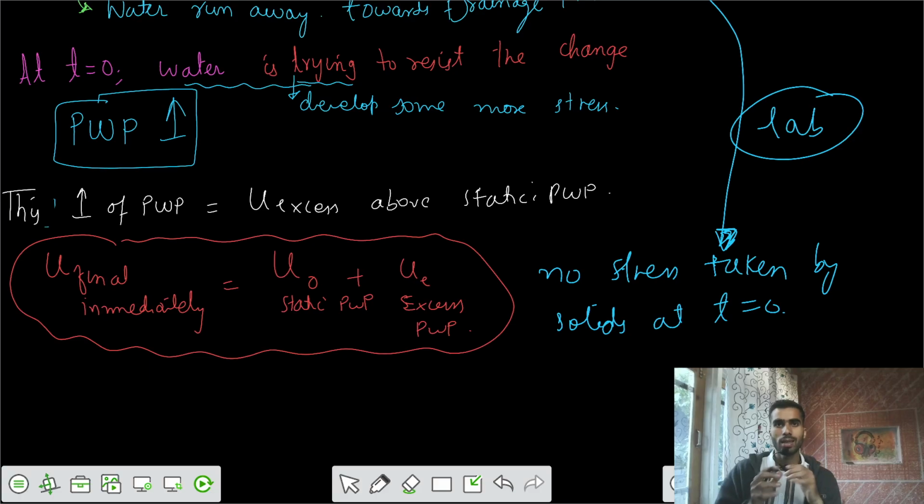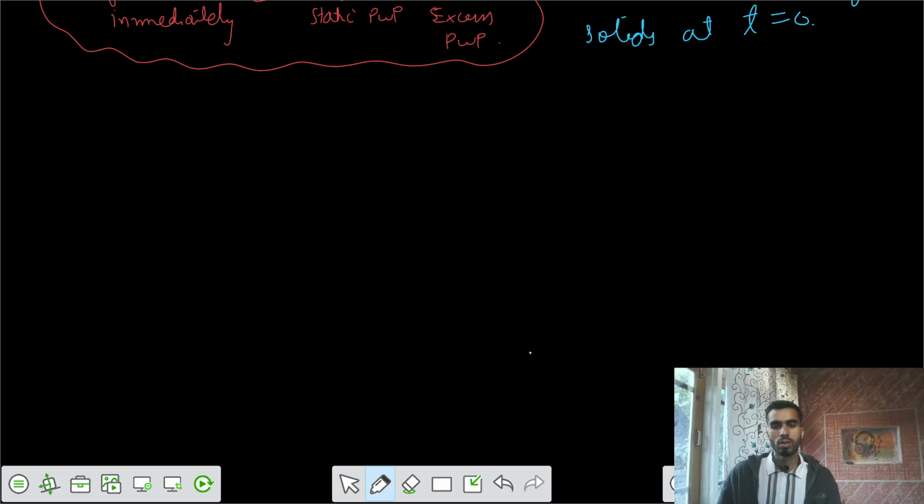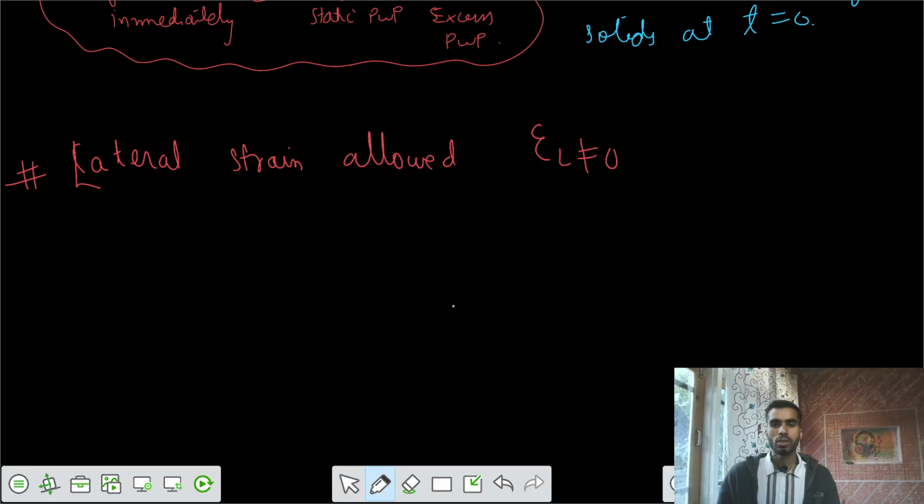Now, if I allow lateral strain, that means soil can deform in the lateral directions. Let's talk about the second one, where lateral strain is allowed. Now there is a second possibility: if lateral strain is allowed, that means your lateral strain is not zero. So if there is lateral strain of the soil mass,